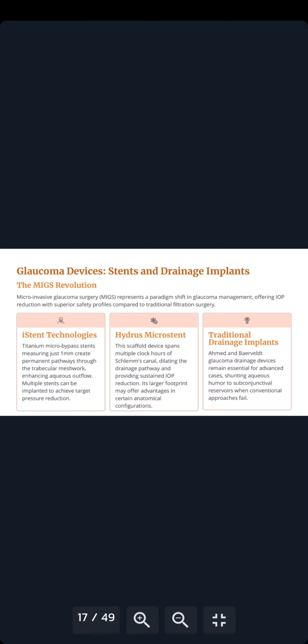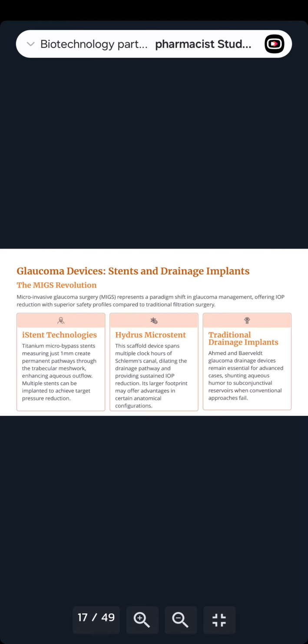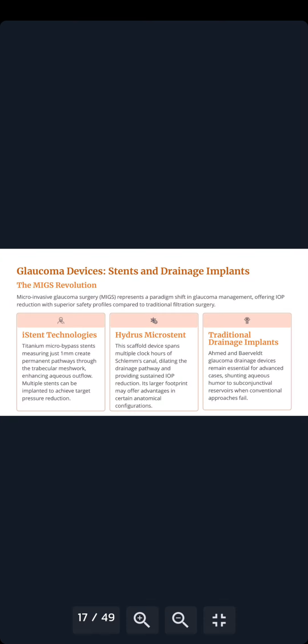By this stent, you can open up the place that sends the fluid out of the eyes, and it helps reduce intraocular pressure and helps your patients compared to traditional filtration surgery. We also have eye stent technologies, titanium micro bypass stents measuring just 1 millimeter, creating a very good pathway, a permanent one, through the